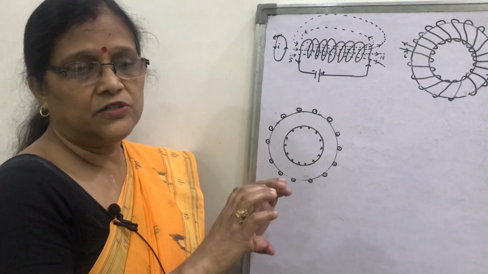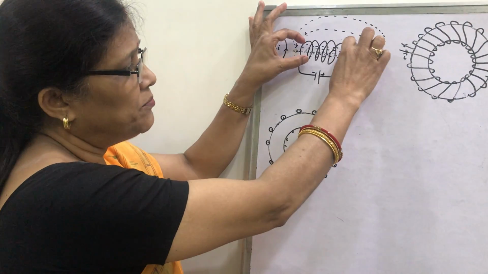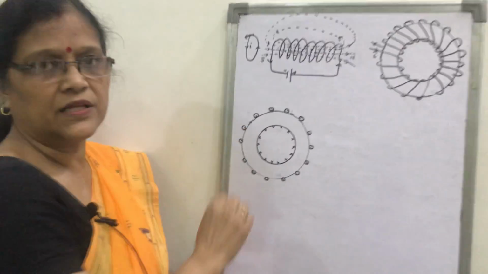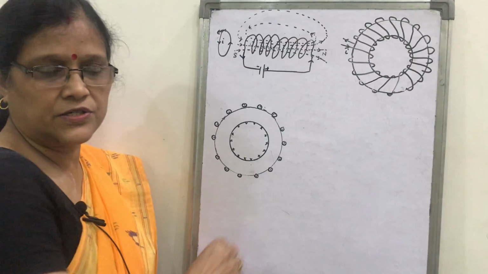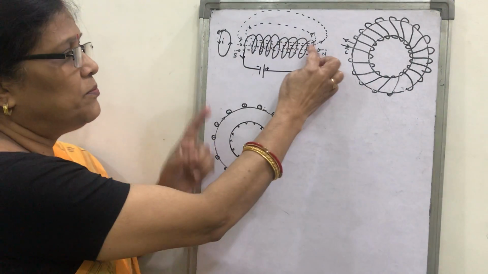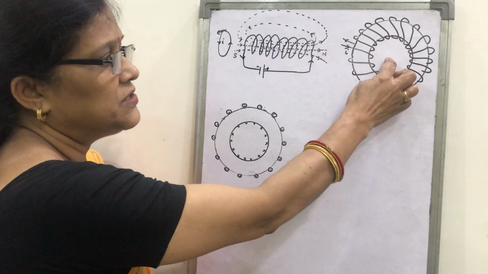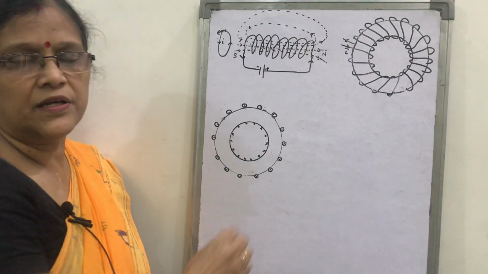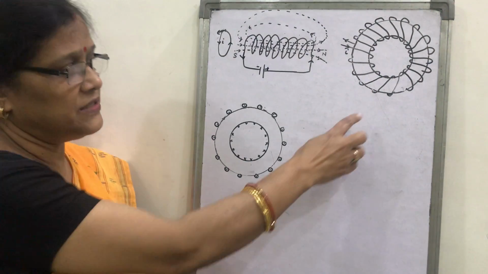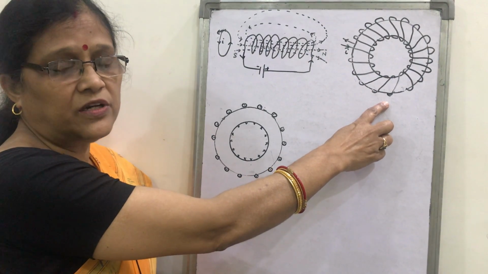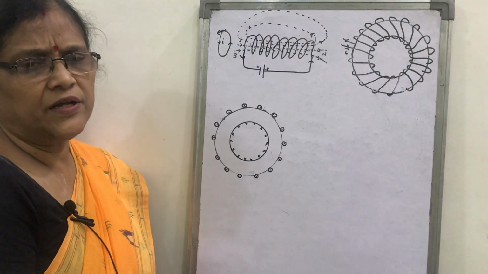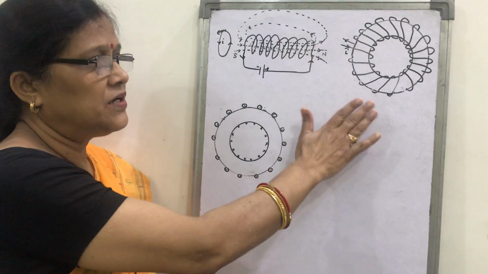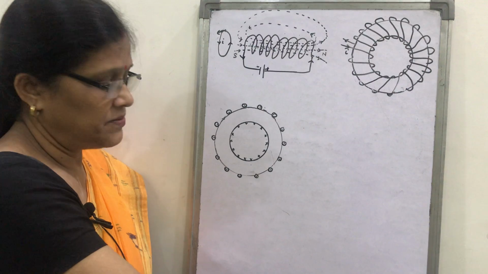And what is a toroid? If you join both the ends of a solenoid, it will take the shape like this. It is the shape of a donut. That is, both the ends are joined, and in this shape you see the current is flowing through the turns and is coming out finally from here. That is why it is also called an endless solenoid. Now what will be the magnetic field? Using Ampere's circuital law you can find it, and it is used in the transformer.